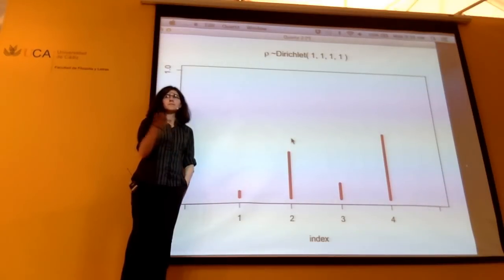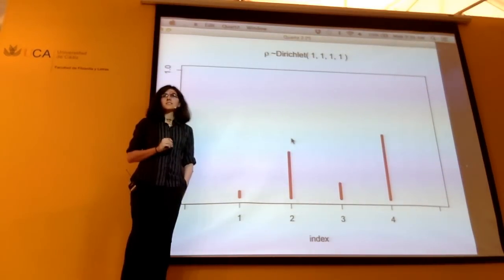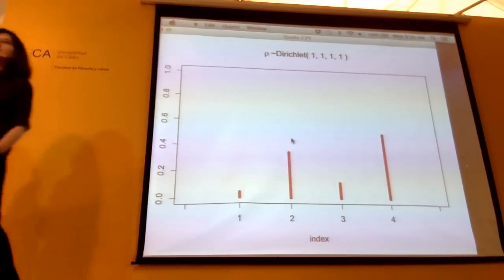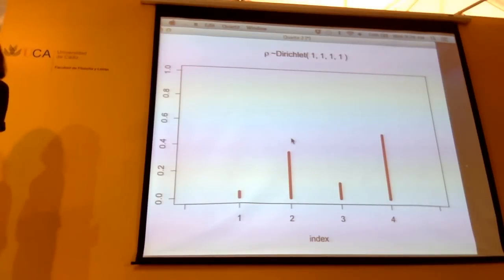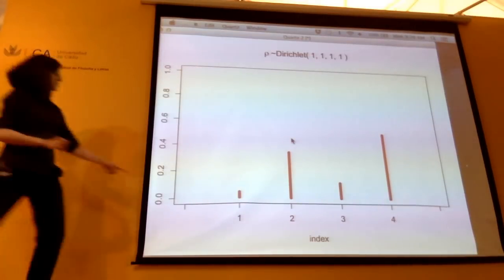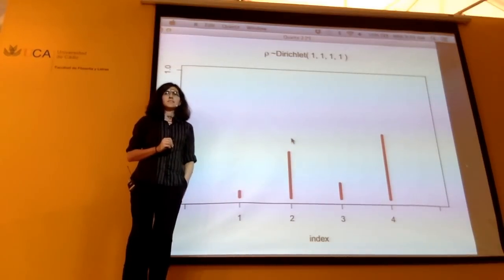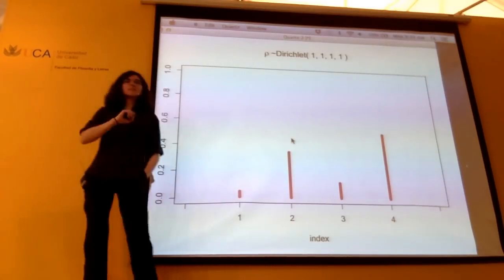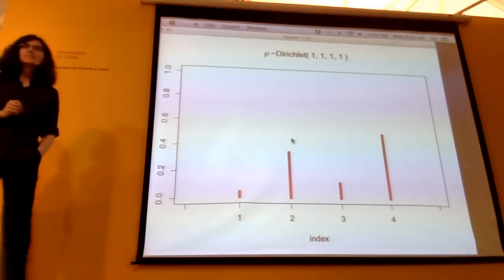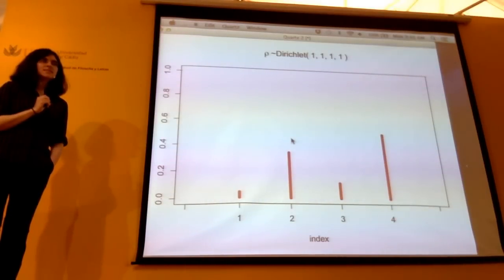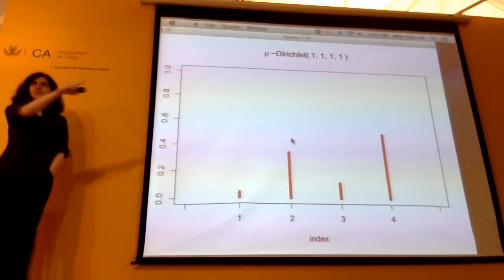I see some various heads. Can somebody say yes or no and say why? So is rho 1 uniformly distributed on 0 to 1? Yes, because it varies from... Does anybody have an alternative viewpoint? It's not uniform because it's less likely to be very big, because that would imply that all the others are very small together. So they are all on the simplex. Yes, here we go. So this is the point.